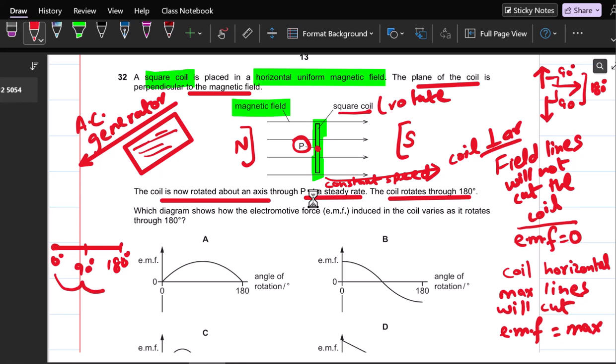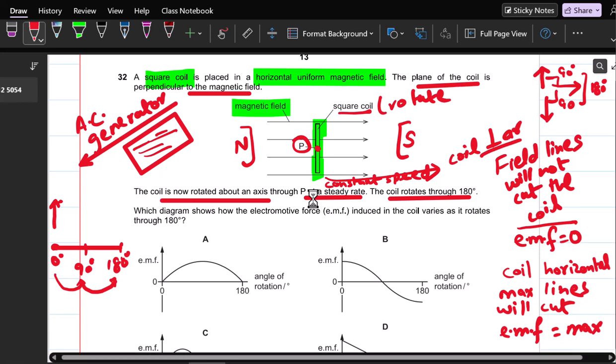बेटे रिमेंबर, ये कॉइल का एंगल नहीं है, यहां पर हमने ये बताना है जब कॉइल यहां परपेंडिकुलर है तो एंगल 0 डिग्री पर हम क्या रिप्रेजेंट करेंगे, ईएमएफ। और अभी मैंने बताया जब ये 0 डिग्री पर होगा ईएमएफ विल बी जीरो, क्योंकि एट दैट टाइम कॉइल इज परपेंडिकुलर, नो फील्ड लाइंस विल कट, सो ईएमएफ इज जीरो।